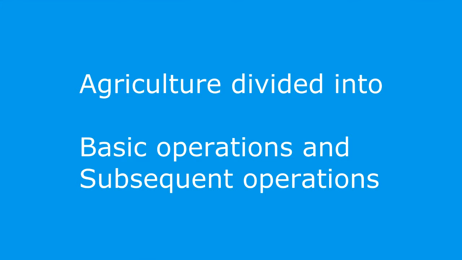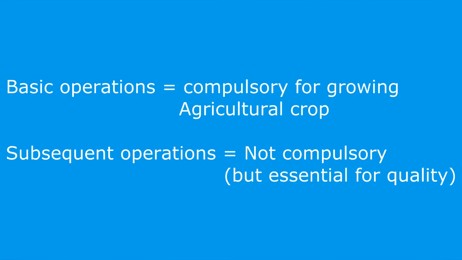So as per the Supreme Court's decision, agriculture is divided into basic operations and subsequent operations. And on the basis of the examples given, it's quite clear that basic operations are those which are compulsorily required for growing an agricultural crop. Whereas subsequent operations are those which are not compulsorily required for growing an agricultural crop, but are pretty much essential for maintaining the quality of the crop. For example, even if you do not spray pesticides, you can still grow an agricultural crop, but its quality will